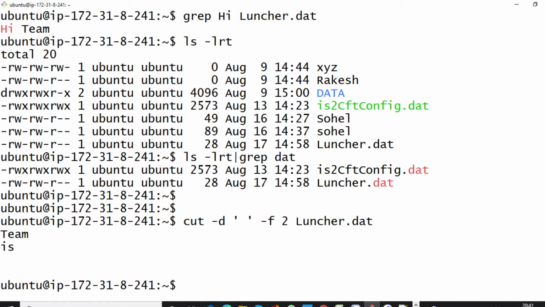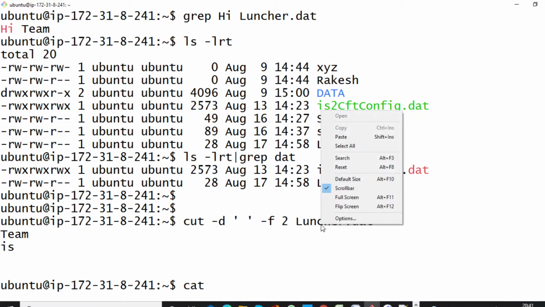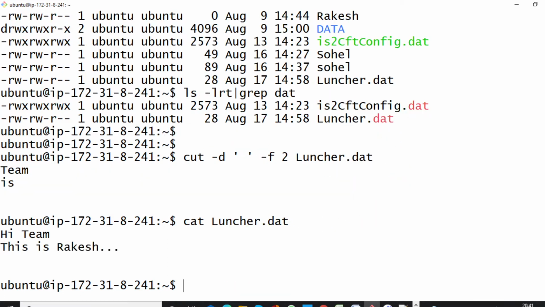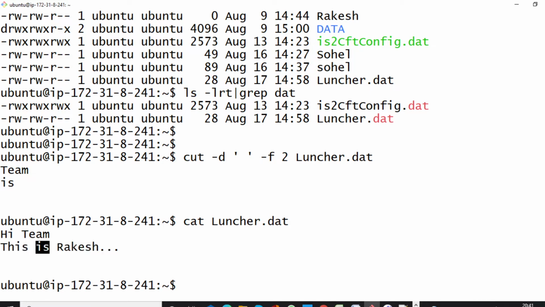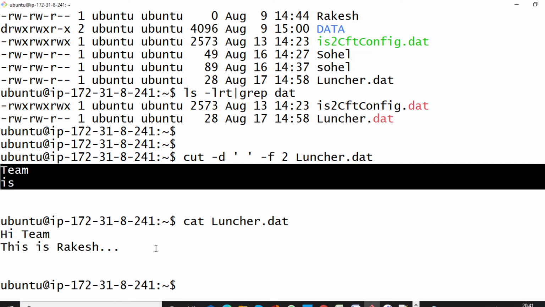Okay, let's see. In launcher.dat, if you cat the file, you will get team and is. In the first row, team is the second field. Here we have taken the second field. In this line, the second field is team. In this line, the second field is. So we can see only the second field printed here.